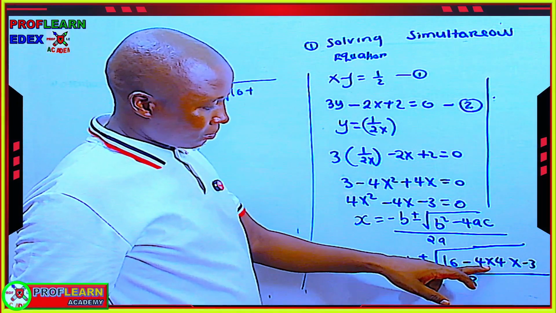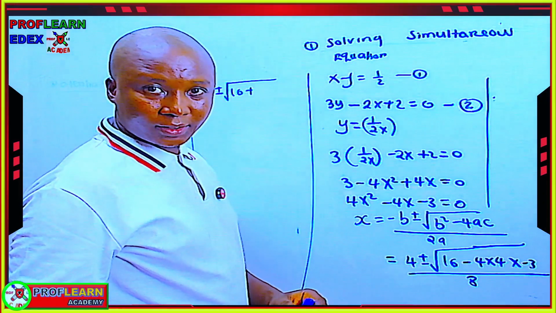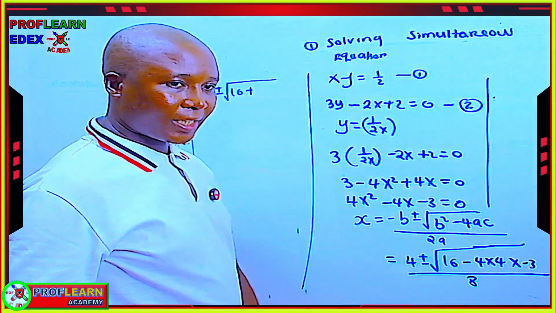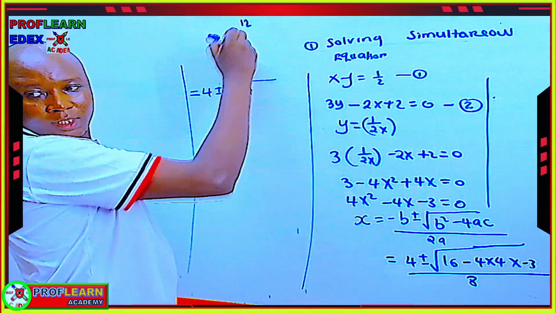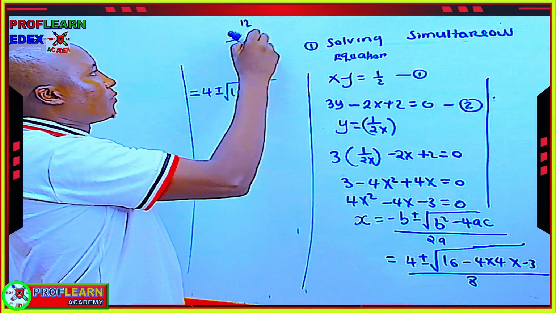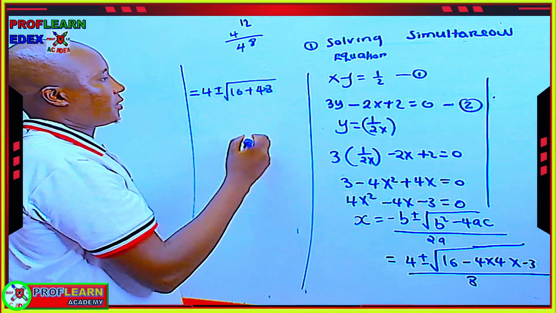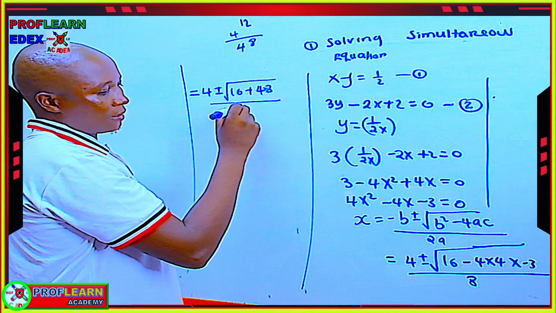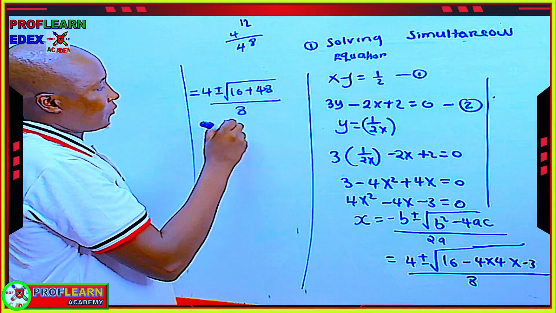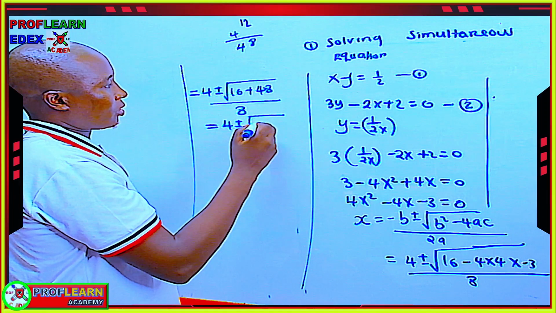If you multiply 4 times 3, that gives us 12, and 12 times 4 gives us 48. So plus 48, divided by 8. In this case it will be 4 plus or minus the square root of, if we add this, we get